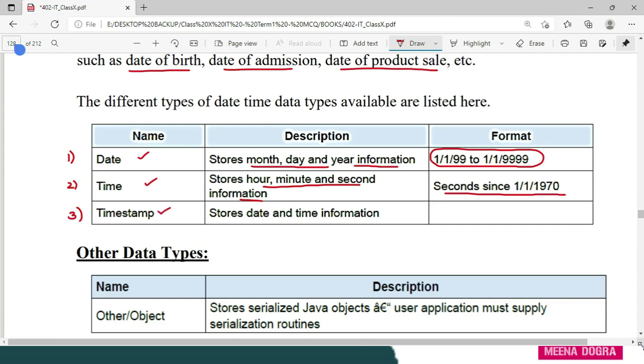Many times you require both the things like date as well as time. So if you want to store date as well as time together, like I gave you the example, the date and time of placing the order, then the data type that will come into use is timestamp. Timestamp is a data type which is used to store date and time together. Exclusively date with date, exclusively time with time, both of them together, go for timestamp. So these are the three data types available with date time category.